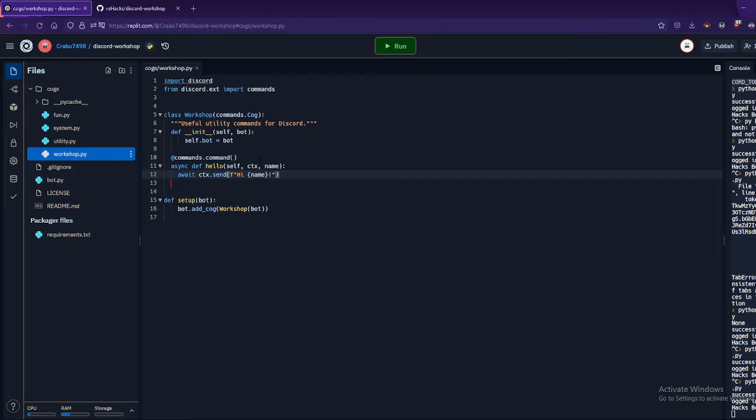So if you look at the bot workshop channel, if we run hello with no arguments, the bot's going to yell at us saying that we're missing a required argument. Anything that appears after ctx is something that you have to type after your Discord bot command. So if we change this to first underscore name, and we add a last underscore name, and I change this first, and then hi,